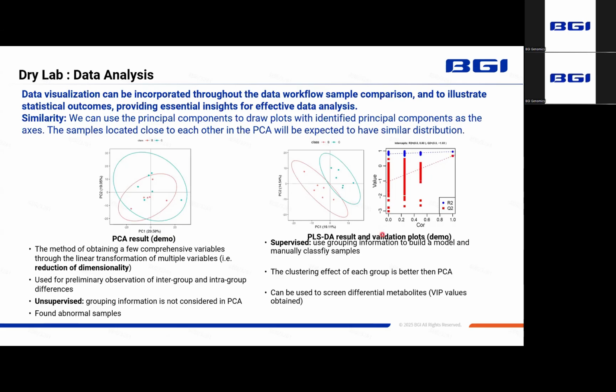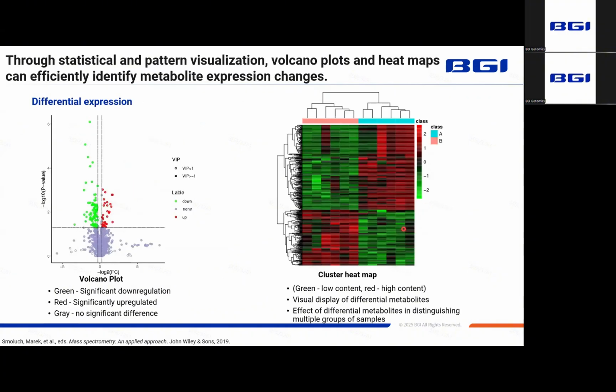We use the grouping information to build the model and manually classify samples. The classification is better than PCA and can be used to screen different metabolites. For judging the quality of the model, it will also calculate the validation plot. And for